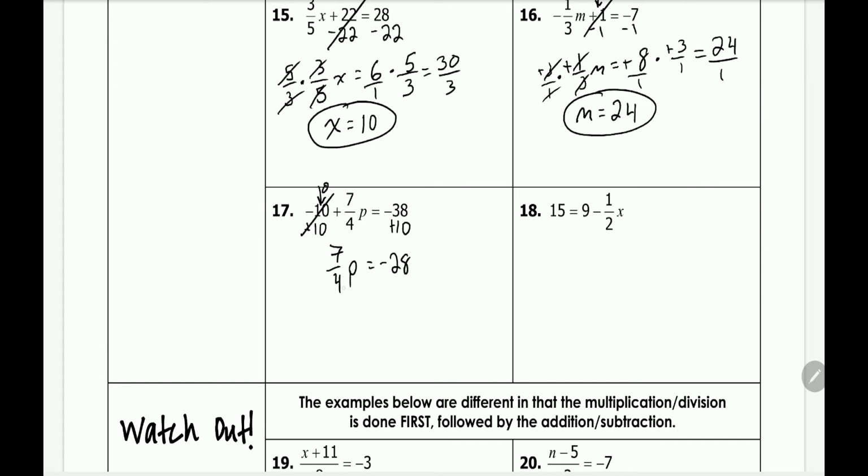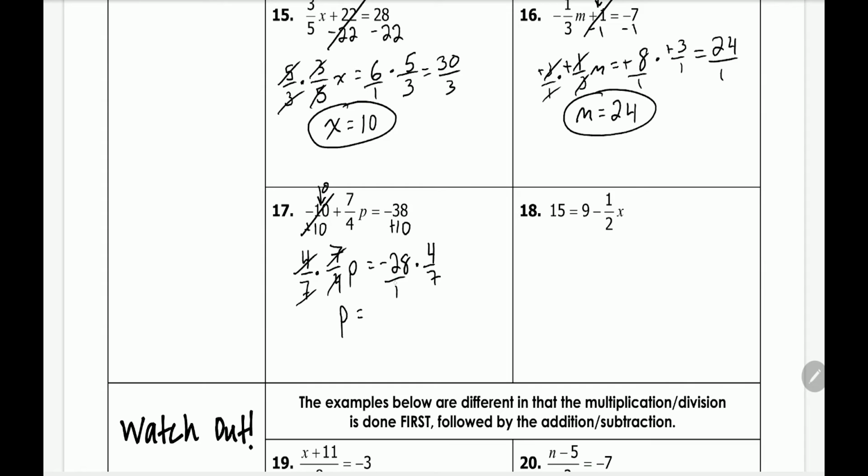Alright, now we have to get rid of this 7 over 4. The way we do that is we multiply by the reciprocal. So we're going to have 4 over 7 multiplied by, and we have to do that on both sides. Alright, 4 on top, 4 on bottom, 7 on top, 7 on bottom. So that's left with just p is equal to,